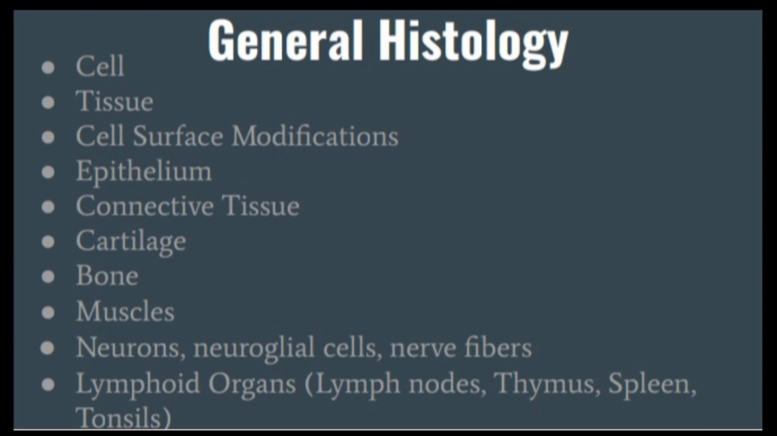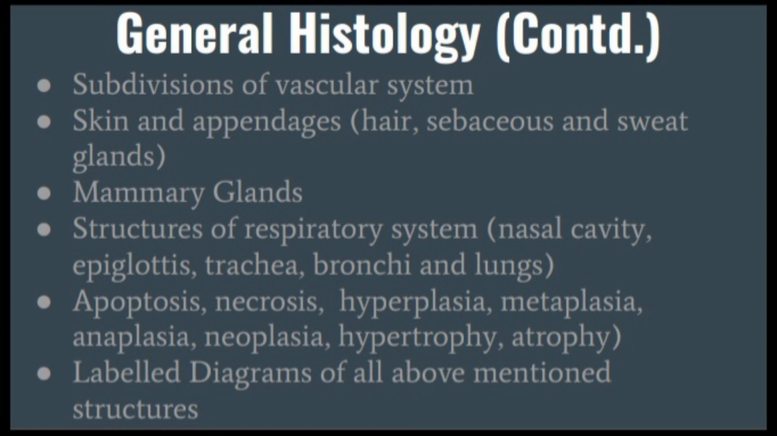You should know about the different nervous tissue cells: neurons, neuroglial cells, nerve fibers. You should know the basics and all the concepts for the lymphoid organs. These are lymph nodes, thymus, spleen, tonsils. Also the subdivisions of vascular system, different skin and appendages, as we talked about them earlier in general anatomy also,